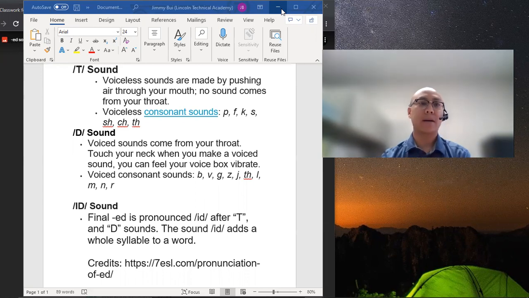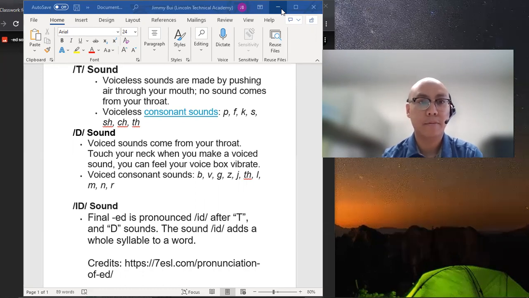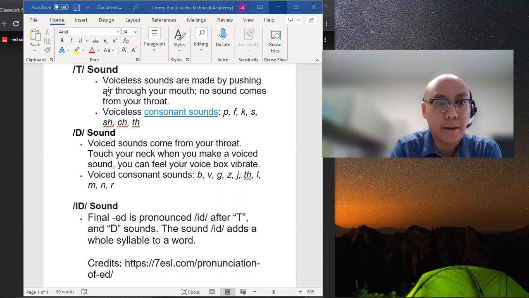And there are three sounds that we use for a past tense verb ending in ed, and the sounds are ta, da, and id. So the ta and da are sounds, and for the t sound, it is a voiceless